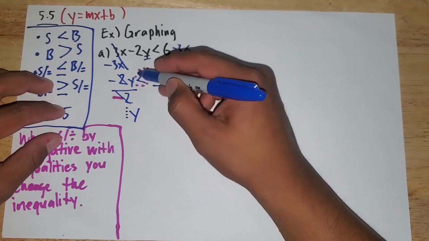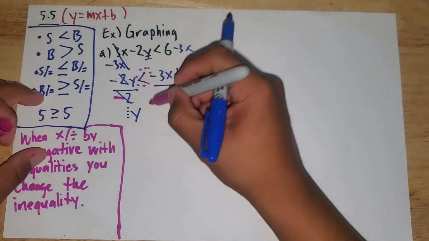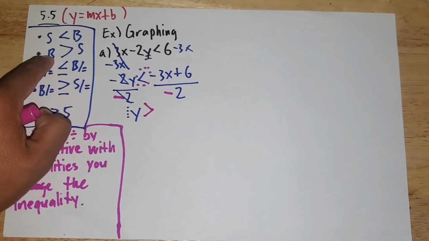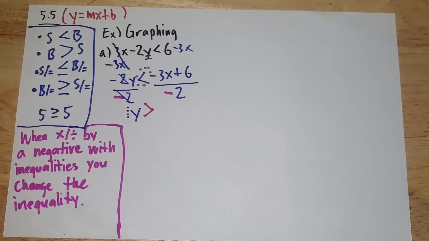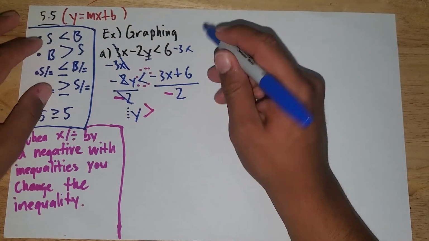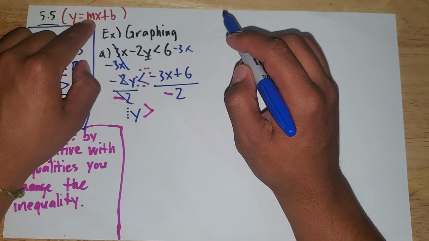So here, this is now going to switch to this symbol. And again, that means this side is going to be the bigger side. This side is going to be the smaller side. That's going to become really important when we graph it. But here, I have to, remember, break it apart so I can distinguish the difference between where my slope and